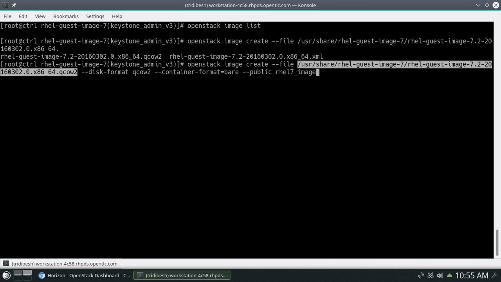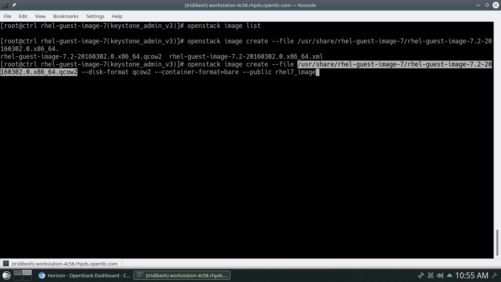So that's the name. Before executing this command, let's verify it once again. openstack image create, we are creating from a file, so --file, then we give the full path of that QCOW2 disk, and then we give the disk format. Here we are using QCOW2. Suppose you have a VHD or VMDK, in that case you have to give the disk format as VMDK.